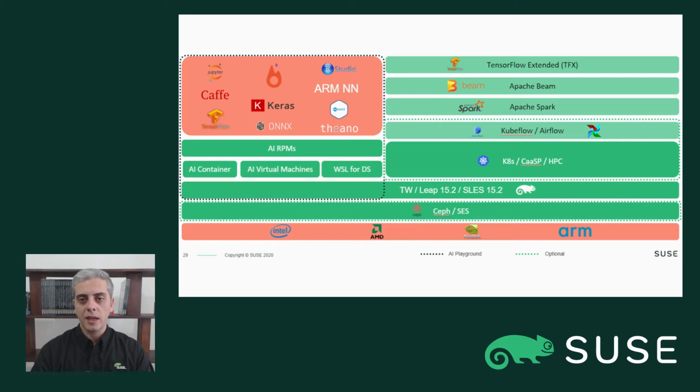TFX has only one hard requirement, and that's represented by Apache Beam. In very short, Apache Beam is an open source unified model for defining both batch and streaming data parallel processing pipelines. TFX uses Apache Beam to implement data parallel pipelines. The pipeline is then executed by one of the Beam-supported distributed processing backends, and here we can find, among others, our next component, which is Apache Spark.